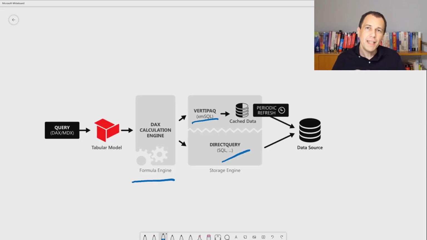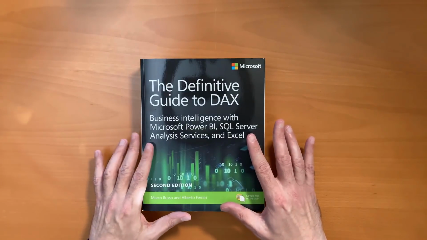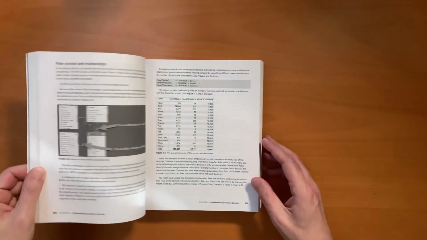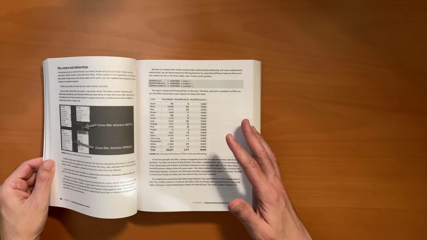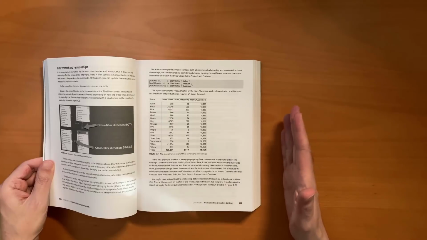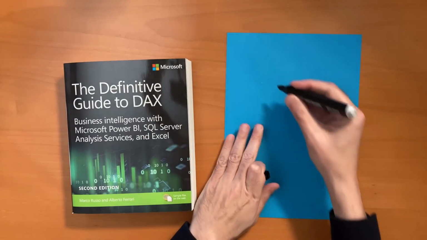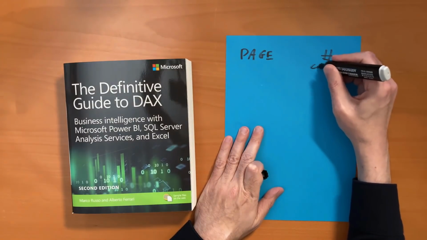But before starting, let's take a look at a practical example that shows you how the two engines collaborate together. Let's say I want to know the maximum number of CALCULATE words I have in a single page of this book. How can I do that? I can read the book cover to cover. In each page I look for the presence of the word CALCULATE, and I count how many I have in each page. To help myself, I can use a small sheet where I write down the number of CALCULATE words for each page.